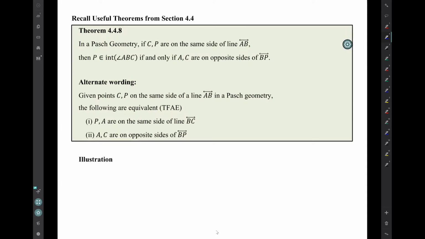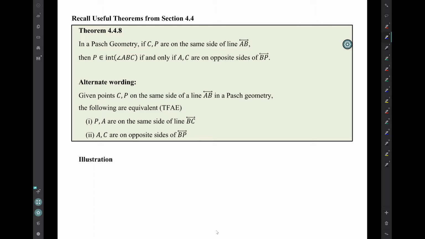Let's recall some useful theorems from section 4.4. Now, these were rather hard to prove. I forget if we actually proved these in a video. They're proven in the book, some of them. But at the time that they're introduced in the book, they have kind of a vague statement saying this kind of theorem will be useful in the future. But then they don't really say much about that. And in fact, when they get around to using these theorems in the current section, 5.3, they don't always cite